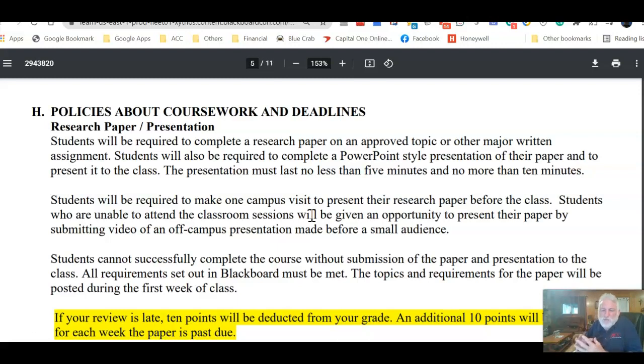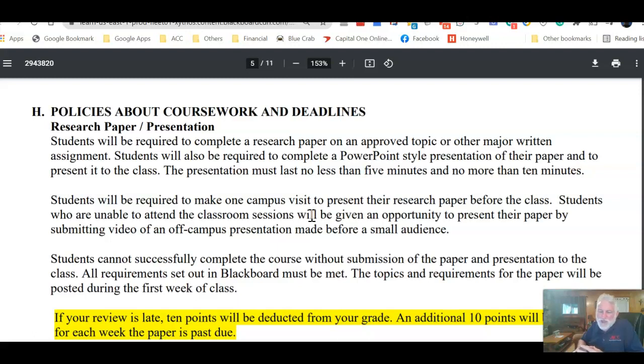You will also have to present the paper. Now, whether we're going to do it on campus or all by video is kind of dependent, quite frankly, on COVID. I would like to bring y'all to campus, but I also like the idea of doing them by video and having a separate discussion where you ask questions. We'll figure that out as we get closer to the due dates for the presentations.